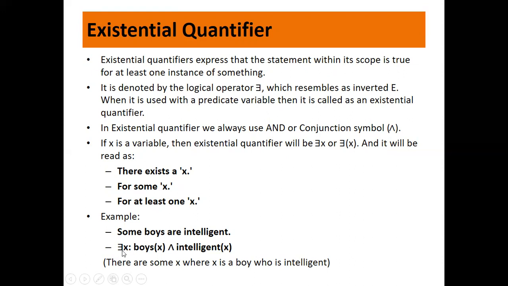So there are some x where x is a boy and that boy is intelligent. Intelligent is the predicate, boy is the predicate, and x is the variable which indicates the subject. I hope you all are getting it.